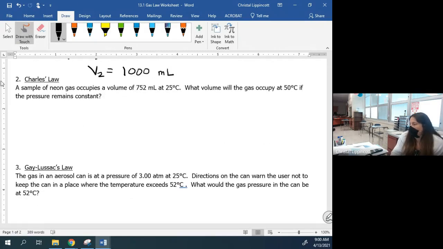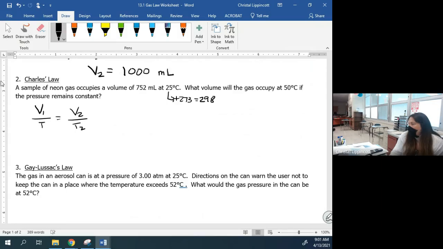Charles's law then relates temperature and volume. So it is V1 T1 equals V2 T2. Now here, again, the volume isn't a big deal. We can keep that in milliliters, but the temperature is a huge deal. We have to convert this into Kelvin. So we're going to take this and add 273 to it to get